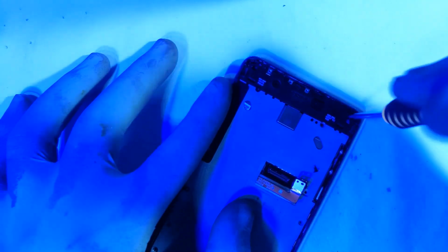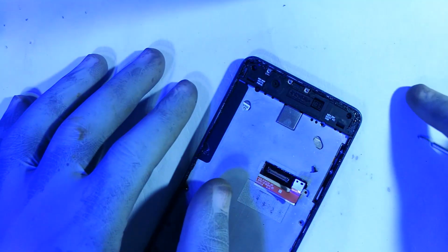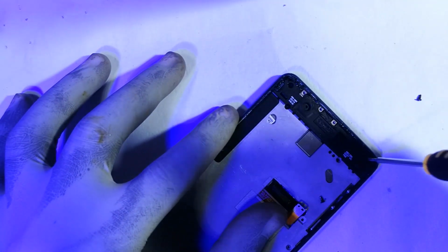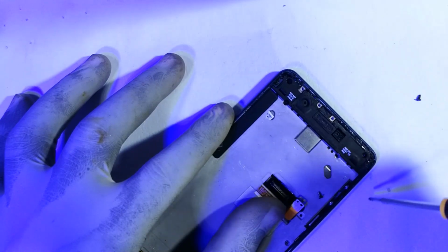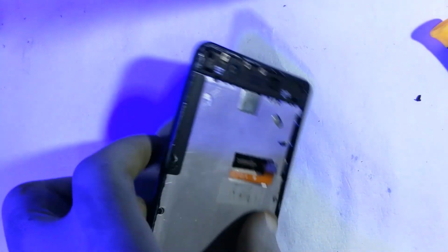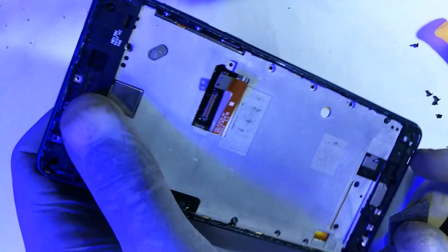Okay, that too. So is there a screw or not? Feel it's there. Okay. Now let me move the screws to the side, right there. And then with my surgical blade,